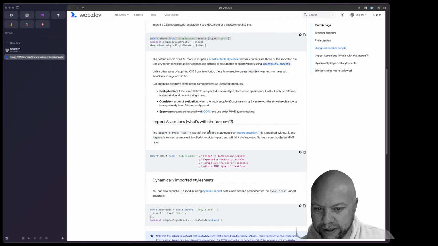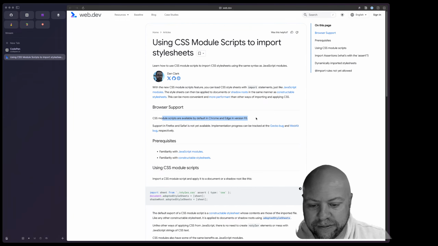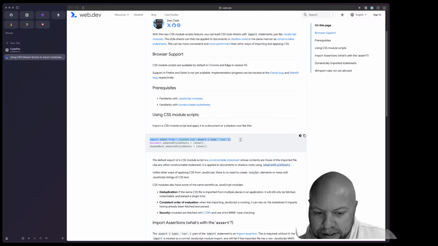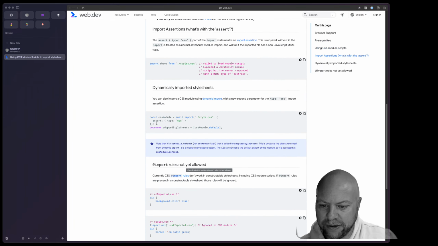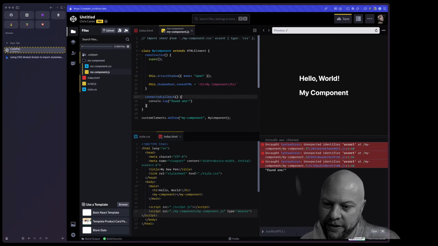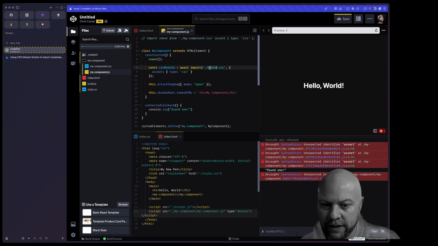Do we need to read this a little more carefully? It did say they're available by default in Chrome and Edge version 93, which is way back. Aren't we at 120 or 117 or something now? So that's really far out. Does it not like being in a script that has a class after it? Should we try the dynamic import syntax? Maybe. So we'll comment that out for now. I mean, that's weird, I don't know what assert is. Or like, are you sure? It feels a little weird doing it here, but